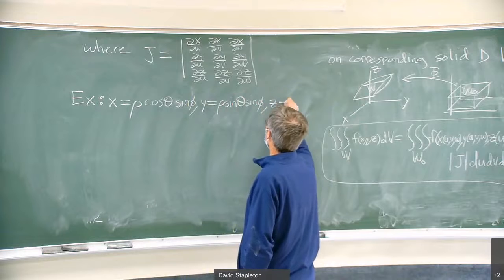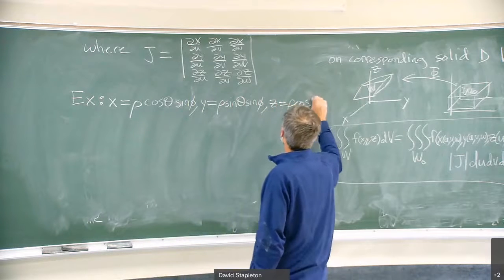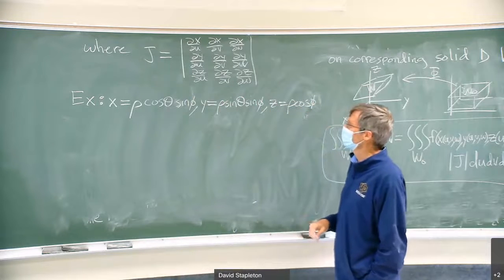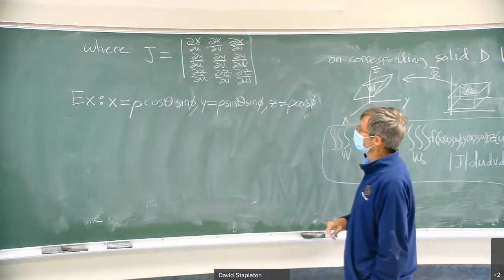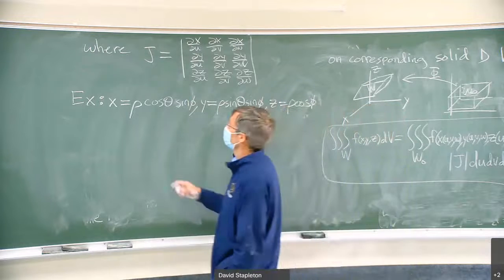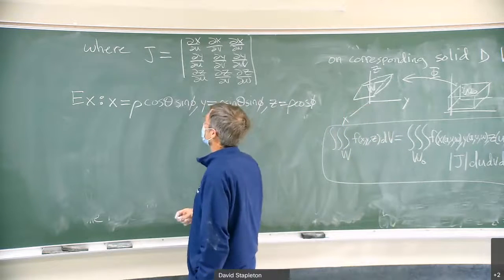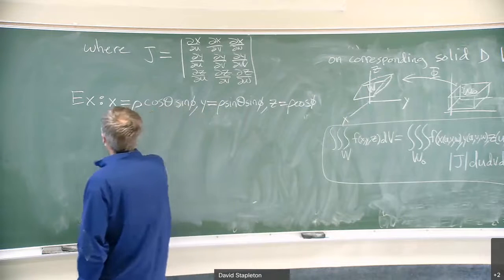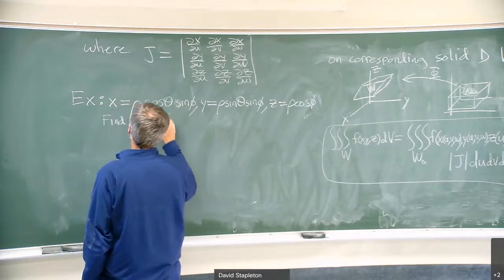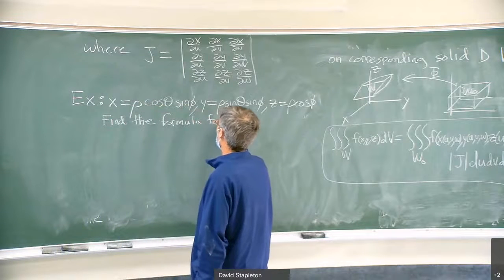And Z is rho cosine phi. We know these as spherical coordinates, right? Rho, theta, and phi. And this is a coordinate transformation, nonlinear, between spherical and rectangular coordinates. Find the formula for coordinate transformations of integrals